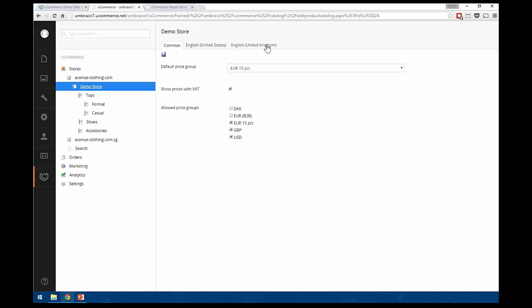Up here at the top, you'll see languages set up. These are actually languages that are set up in Umbraco. Umbraco as a CMS is not really dealing with multi-language in one-to-one translations, at least. The way you deal with multi-language in Umbraco is you set up multiple individual websites that deal with the different languages. The reasoning behind this is very good.